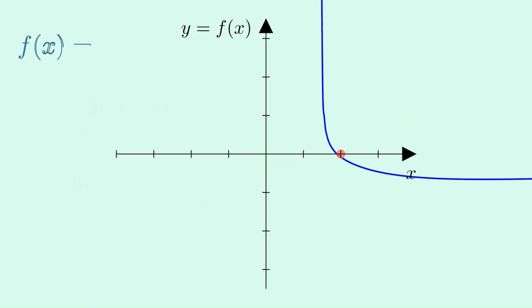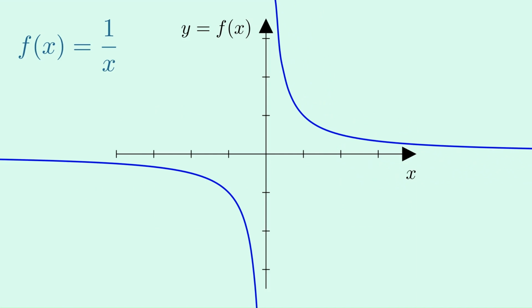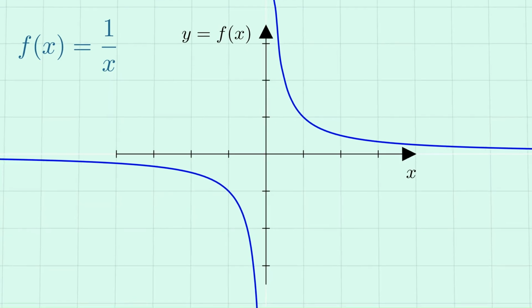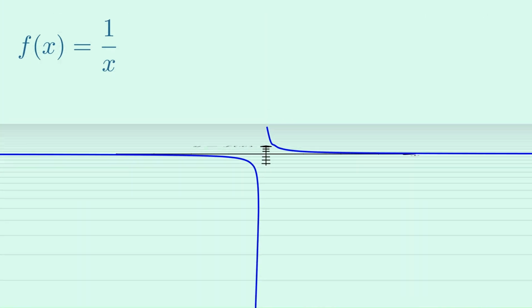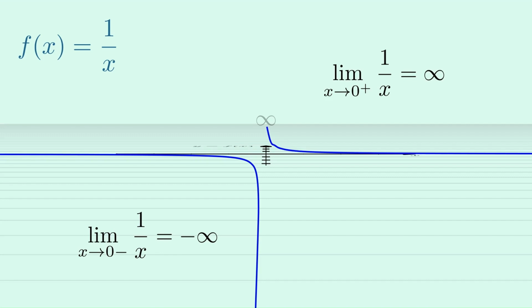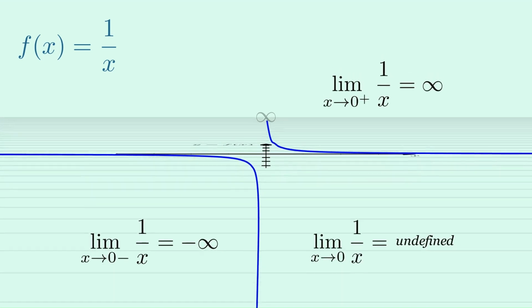Consider an extreme example of this. Now there isn't even a point. As x gets closer to 0 from the right, y gets larger and larger without bound. The limit still exists. Look, it's right there. But it's not a number. It's infinite. This limit from the right is infinity, and the limit from the left is negative infinity. Clearly these are not the same value, so from any direction the limit of 1 over x as x approaches